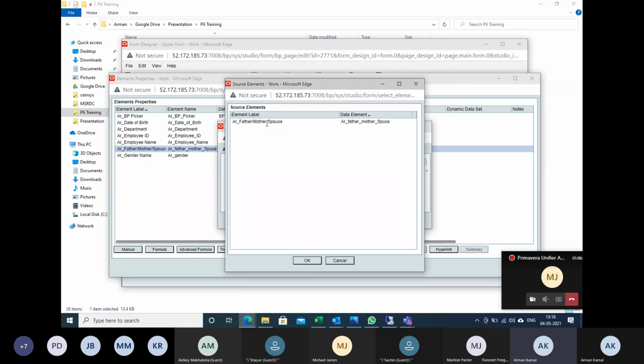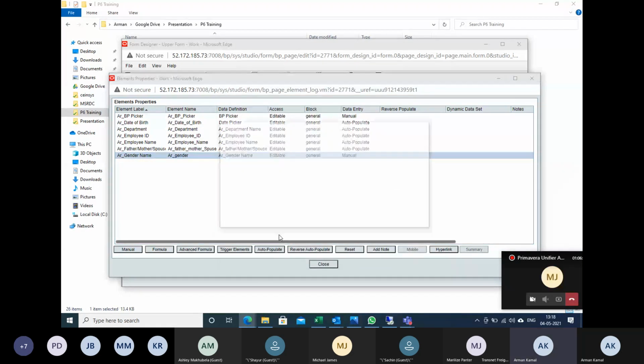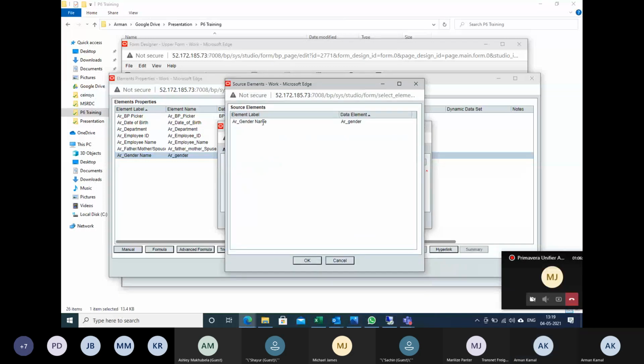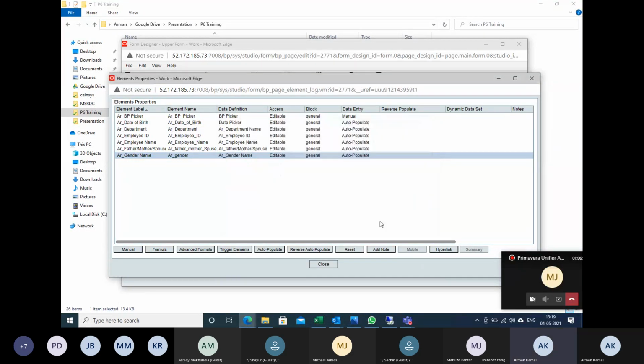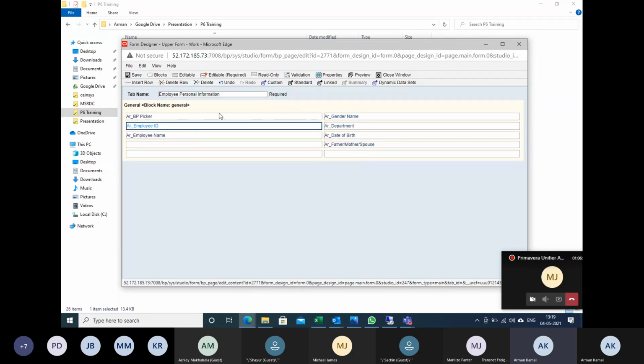We created this AR BP picker just to create a link between the two pickers. Click auto populate. Now this is the way I have defined these fields. Now I don't need anyone further to change the data, so I will make it read only. Let me make it grayed out.